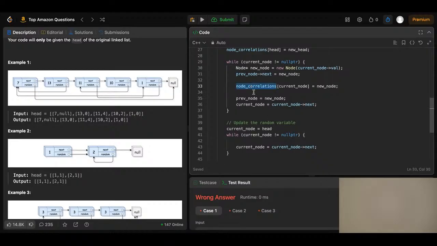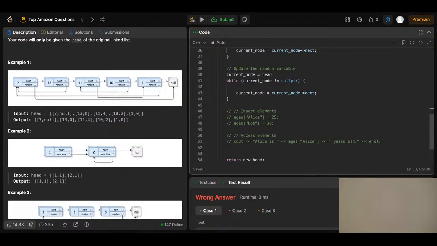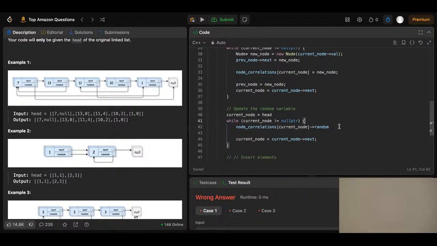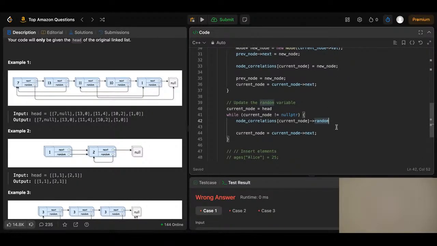So if you do node correlations, this, bang, bang, and we point this to random, this gets the random. This gets the random node, right? Okay, this gets the new random node, but